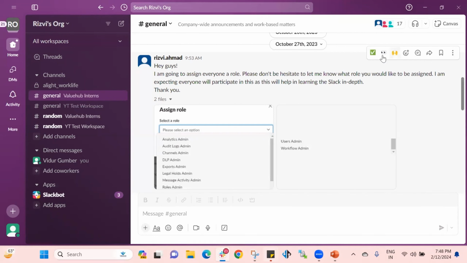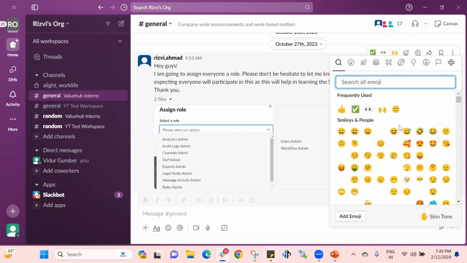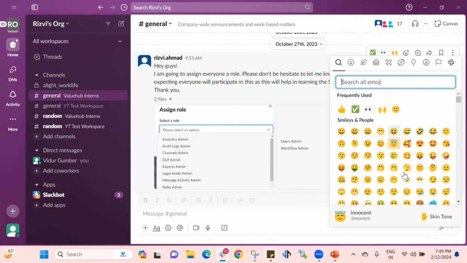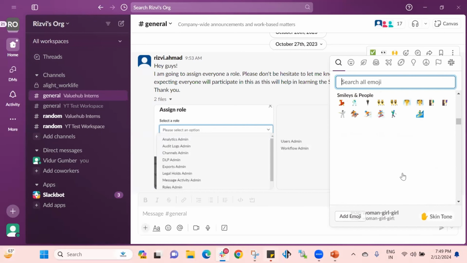Also, apart from this, I can react with an emoji, like if the task is completed, taking a look, nicely done. And by clicking on this icon, you will be able to see each and every emoji which Slack gave us. And it's very tremendous. As you can see, there are n number of emojis which I can use